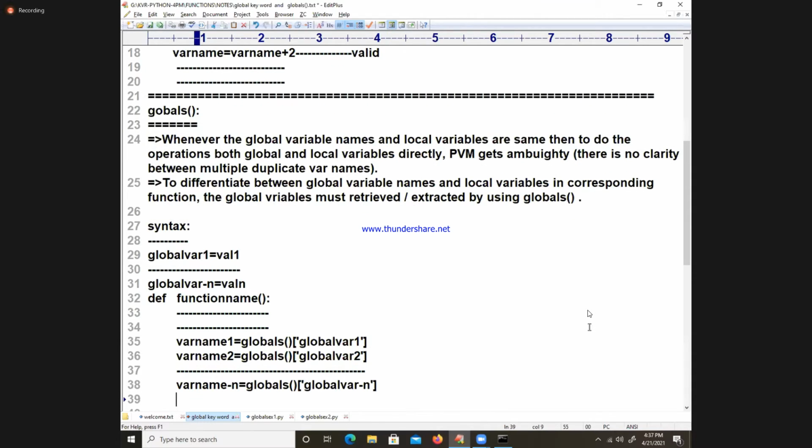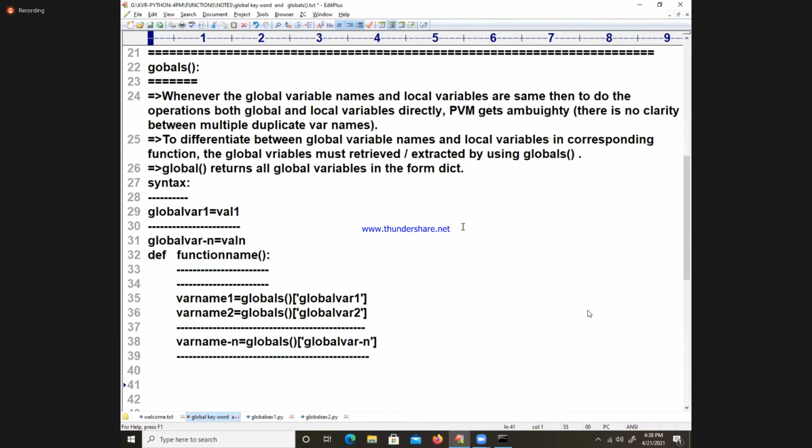Dear students, the globals function returns all the global variables in the form of what? Come on, waiting for your answer. In the form of what? Dict. In the form of dict. That's it. So we got that answer.